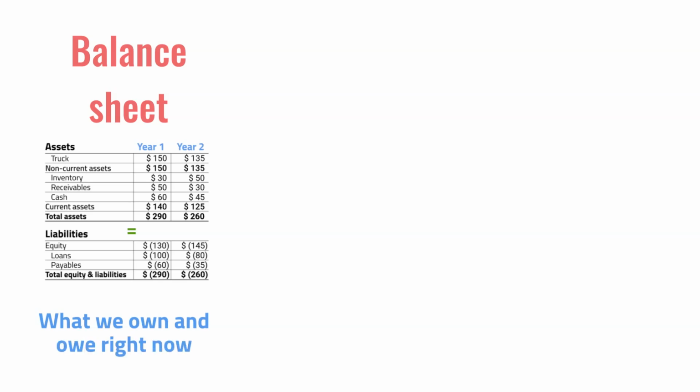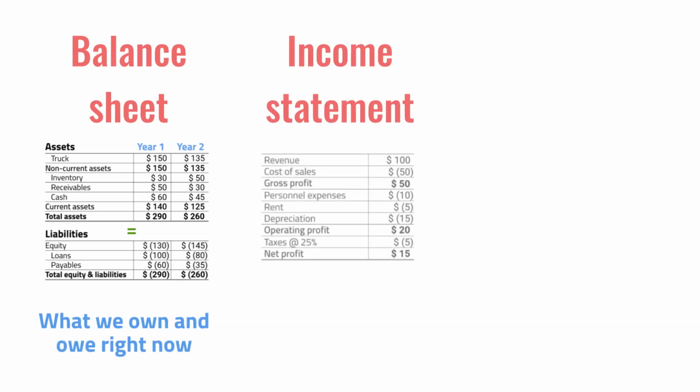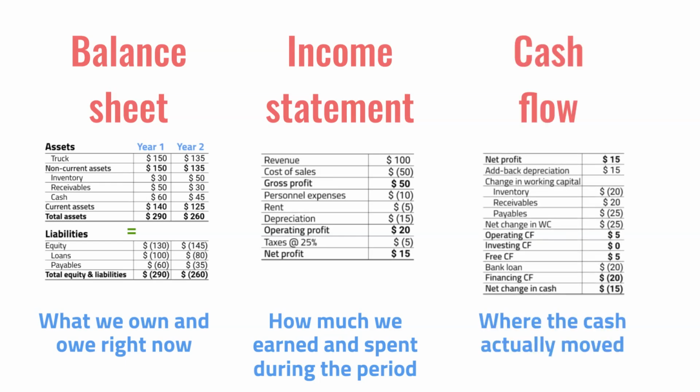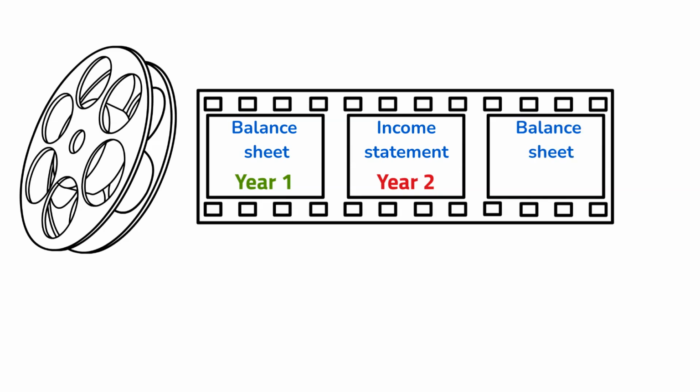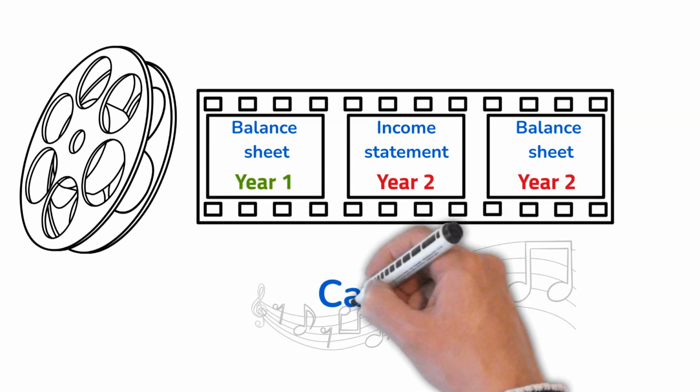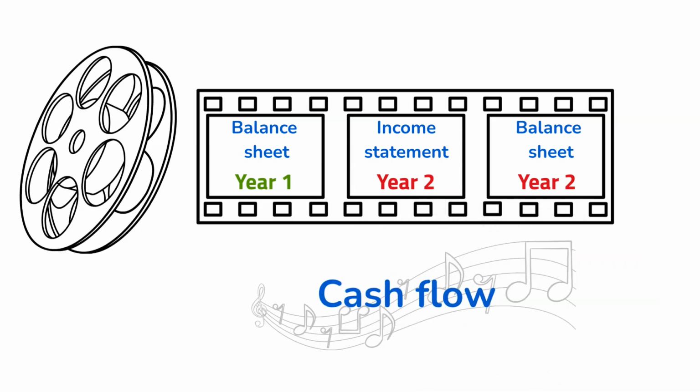Balance sheet tells us what we own and owe right now. Income statement tells us how much we earned and spent during the period. Cash flow statement shows us where the cash actually moved. Think of them as a movie trilogy. Episode 1. Balance sheet at the end of year 1. Episode 2. Income statement, everything that happens in year 2. Episode 3. Balance sheet at the end of year 2. Then comes the cash flow as the director's commentary showing where every dollar of cash entered or left between the